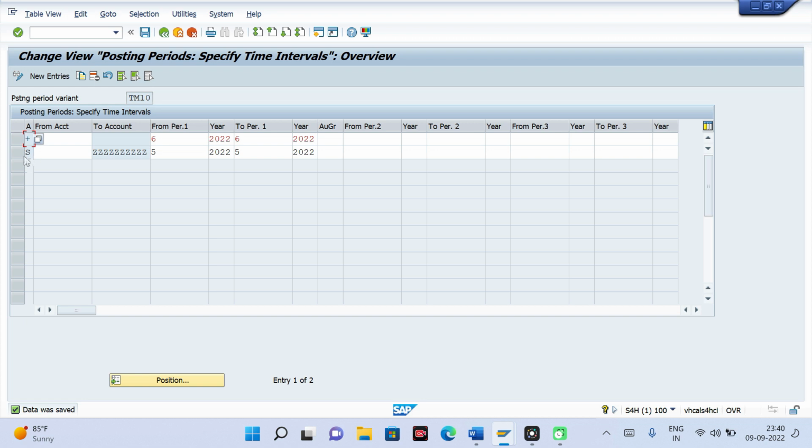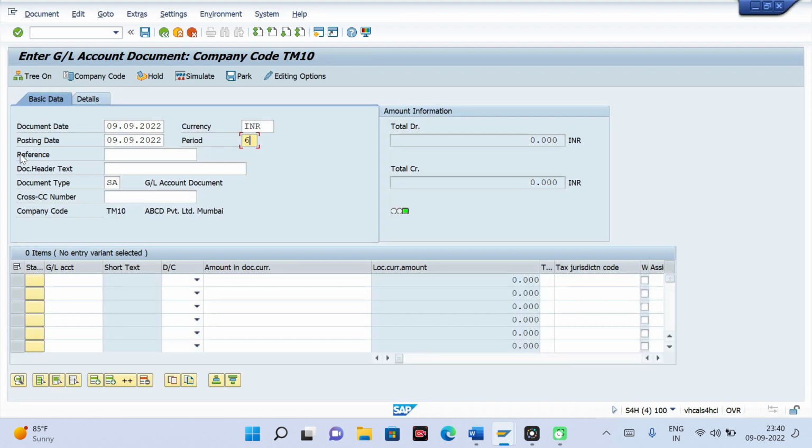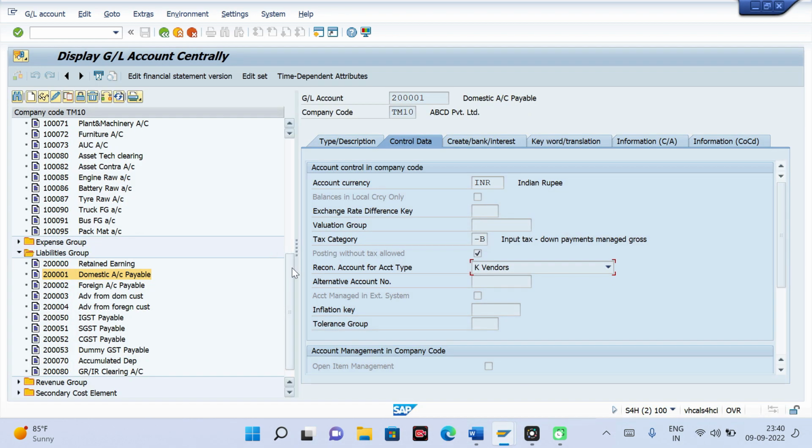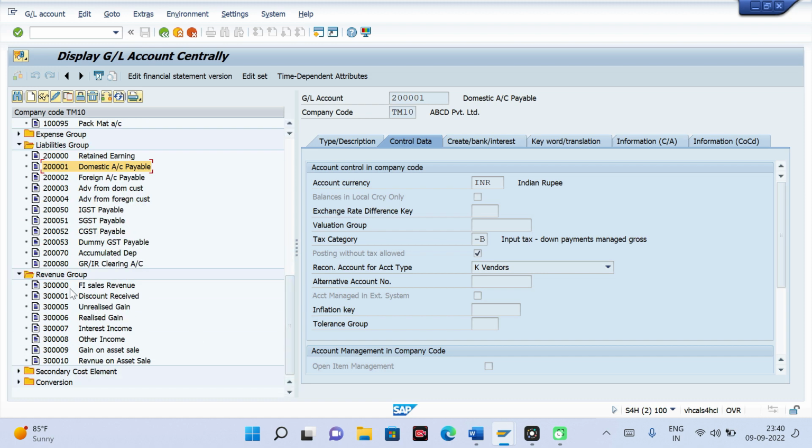Now second, I have to check at the GL level. So I have to give a GL here. For example, this GL, I am giving now the 3 lakh GL. This is neither a material GL nor an asset GL, not an inventory GL, not a customer or vendor. This is a normal GL. You can go here and see that for this 3 lakh GL, nothing is ticked.